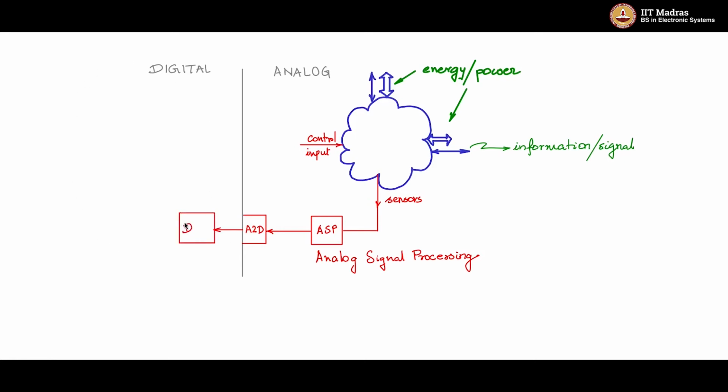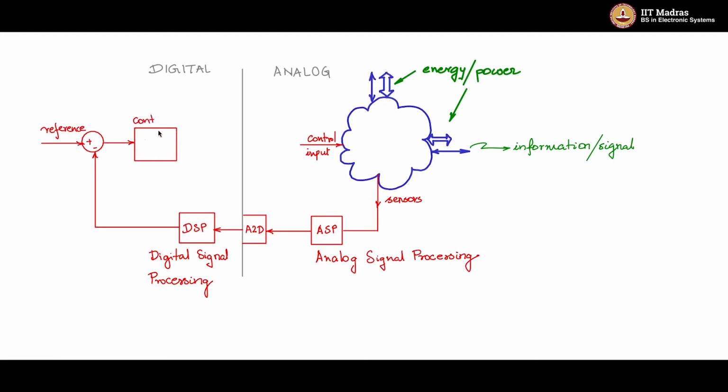And here there will be a process called digital signal processing that needs to be done, like digital filters and so on and so forth. And there will be a reference, and the output of the digital signal processor will be compared with the reference. It will pass on to a controller, and the output of the controller will go through another digital signal processor, followed by not necessarily mandatorily a digital to analog conversion, which will send the signal to the control input port